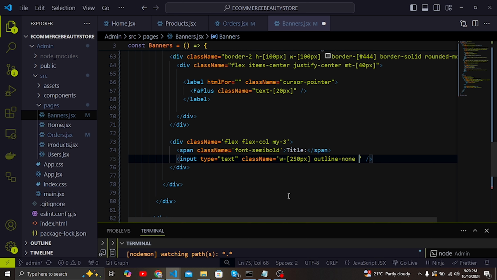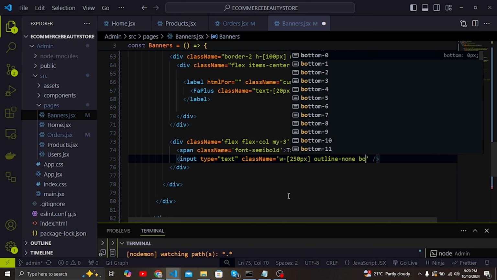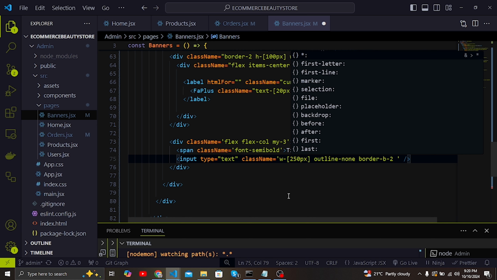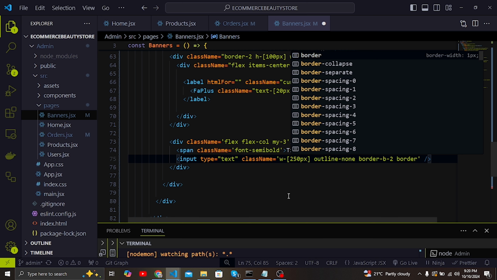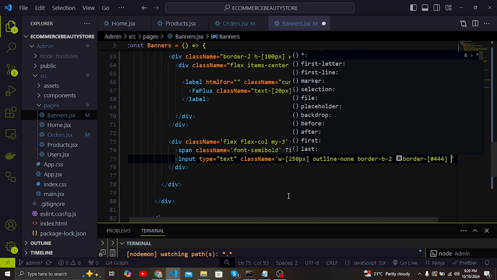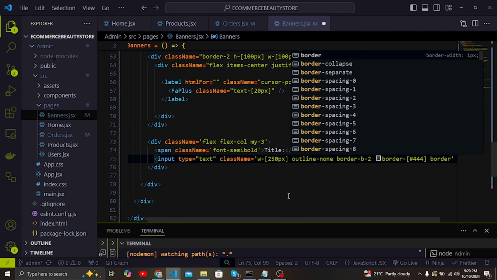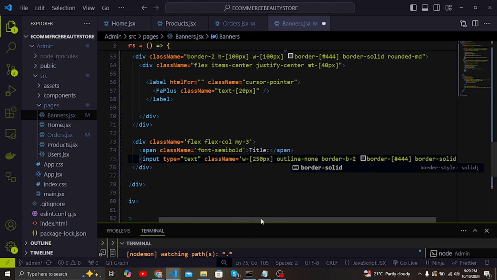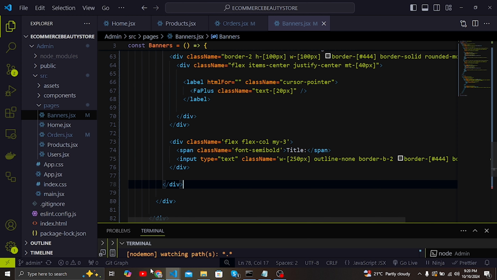And then I'm going to give a border bottom, so I can give a border bottom 2, and also I can give the color of that border. I'm going to give a variation of gray, like that. And then I'm going to call it border solid, like that. So if I save this and then come back here,